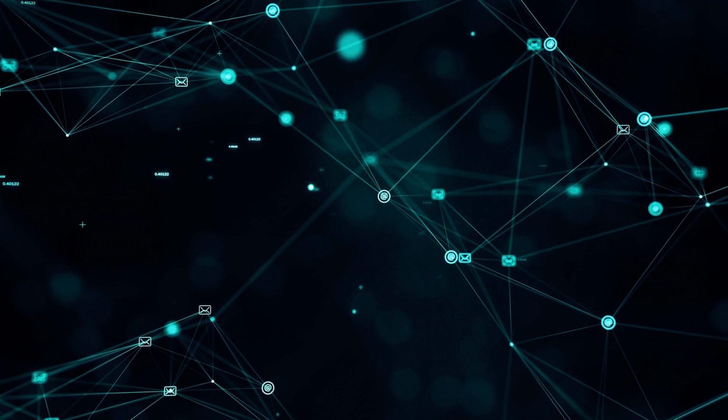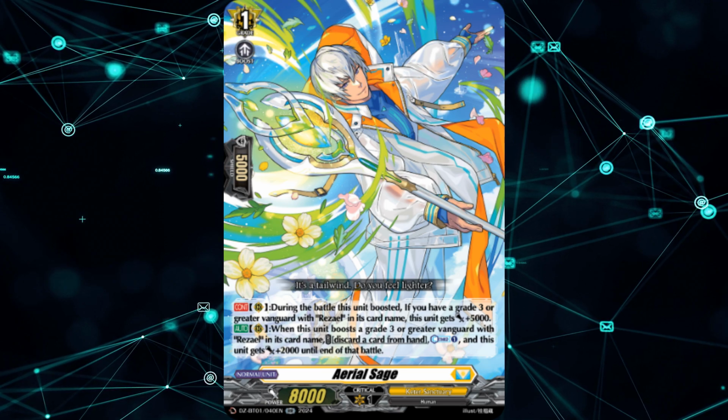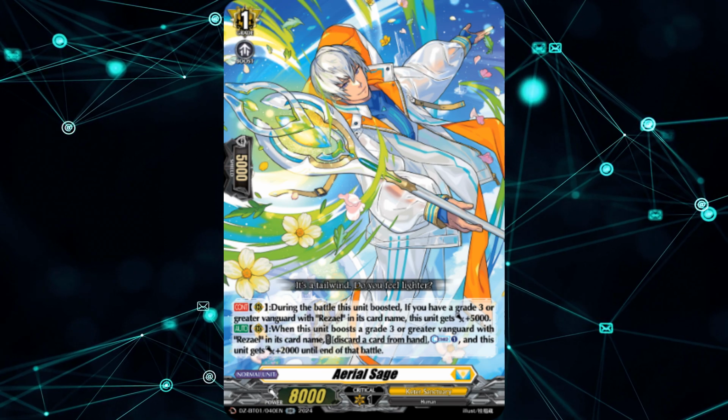Now moving on to the grade 1s, these are some pretty killer grade 1s. First off is Aerial Sage. This is just your counter charger, albeit it's a discard 1. But one thing I liked about this particular counter charger is that its discard can actually come in handy for the Vita skill,